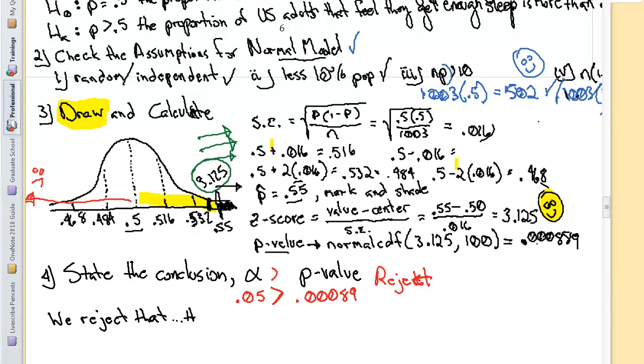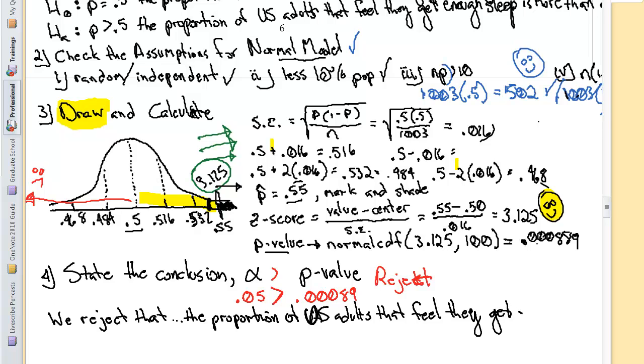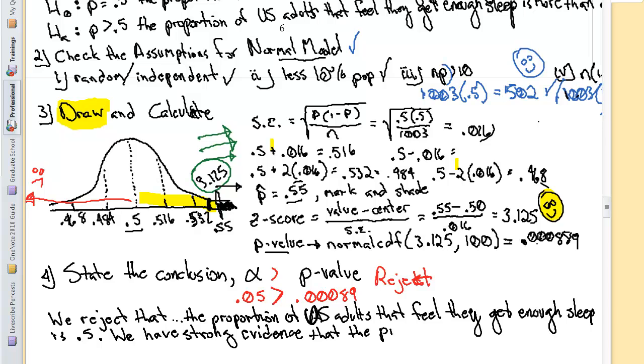We reject that the proportion of U.S. adults that feel they get enough sleep is 0.5. And then the other part of that is we have, right, if you reject, you have strong evidence for the alternative hypothesis that the proportion